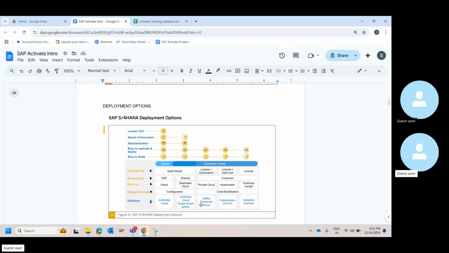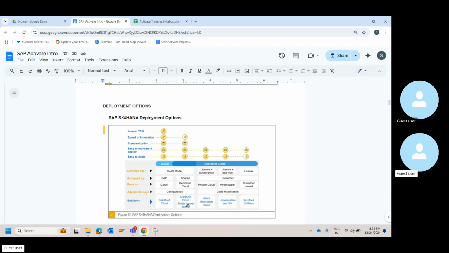This is your cloud solution, similar to AWS or something. Hyperscalers are nothing but your AWS. All these things are basically hyperscalers, where you can scale up and down on a need basis. That's the purpose of a hyperscaler. Then on-prem, which is customer owned. If you check these things out, these two happen based on configuration, and all this happens as part of code modification. So you need not worry on this part. This is basically all configuration only. You need not, for now, confuse yourself with the different terminologies. It's all basically the same.